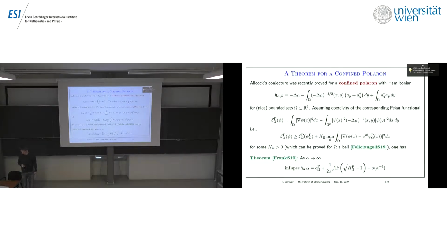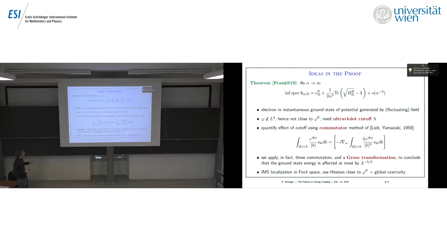Okay, so maybe I'll just say a few words about ideas in the proof, or even why it's difficult. Maybe it's not even that obvious. Why is it even difficult? Because at least I hope that I gave simple, convincing arguments why this should be true. It's just a quadratic approximation. You quantize, that's the formula you get. So why is it difficult? Well,